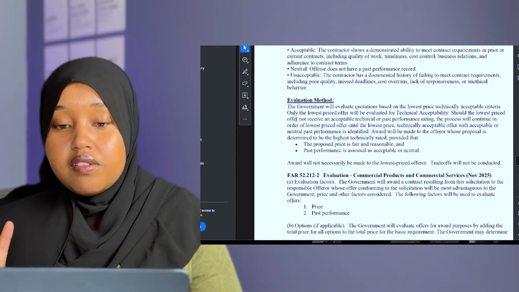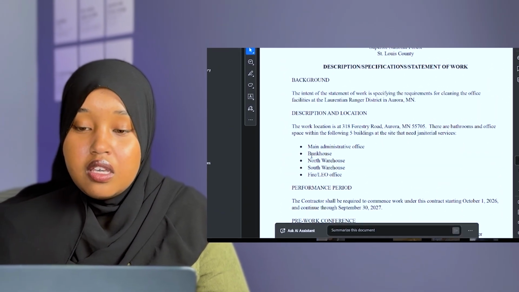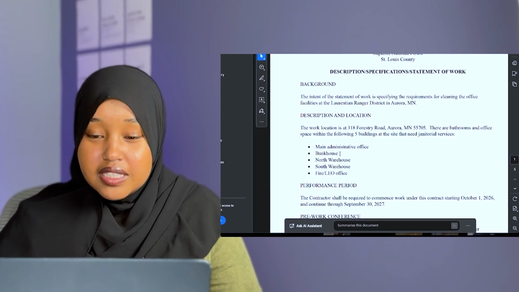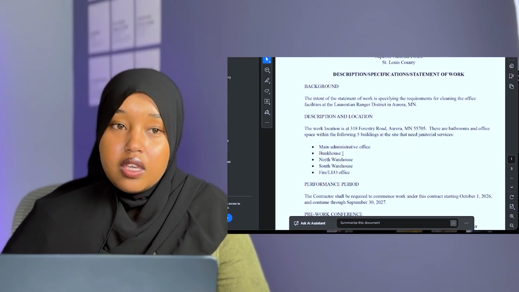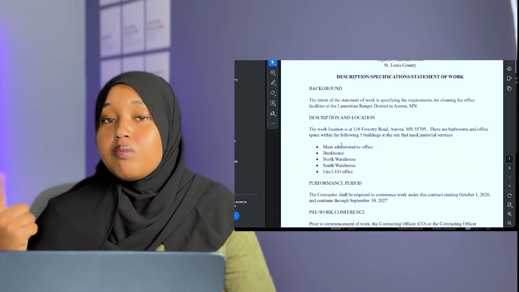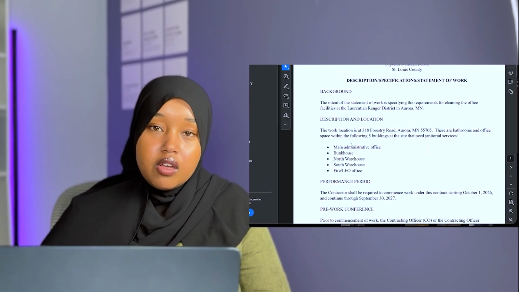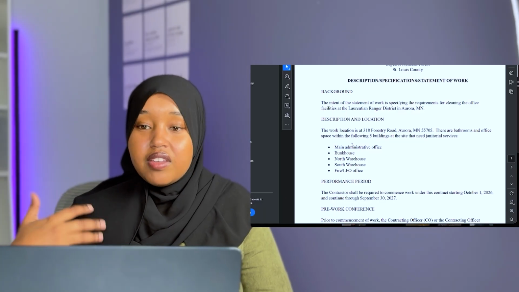This one is the description of the job, where it's located. It's located in Aurora, Minnesota. Our company, again, is based all over the state. We hire everywhere. We first look for big commercial accounts or big government accounts. If we find anything in that area, then we double down on client outreach, commercial, private, and even government.